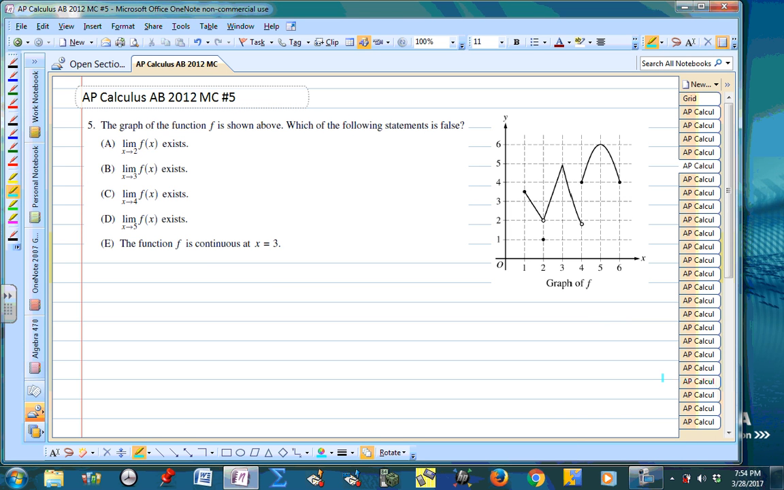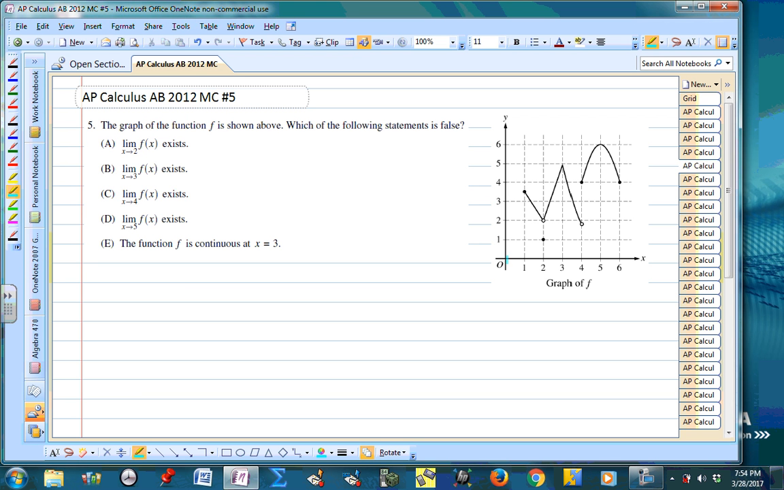Here in problem number 5, we're given a graph of a function f, and we're asked to identify which of the 5 options has a false statement. So there might be a more efficient way to do this. I'm just going to go through one at a time, see which ones are true, which ones are false, and see what happens. So in option A, they tell us